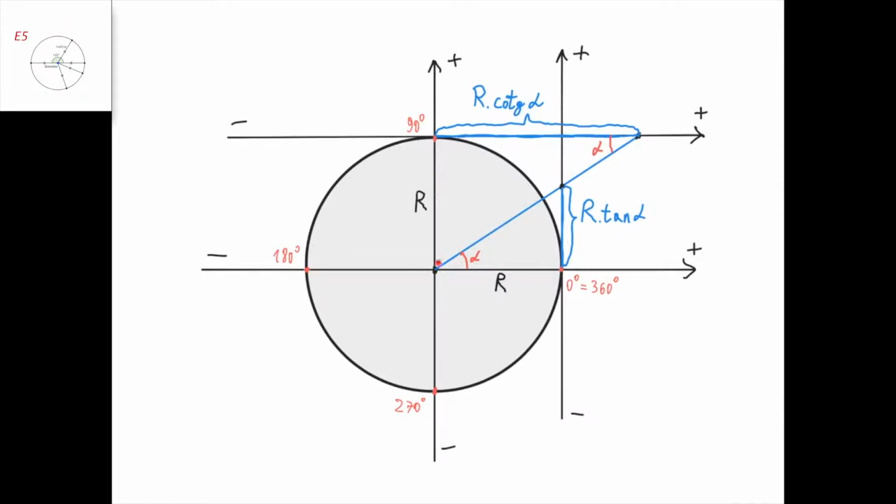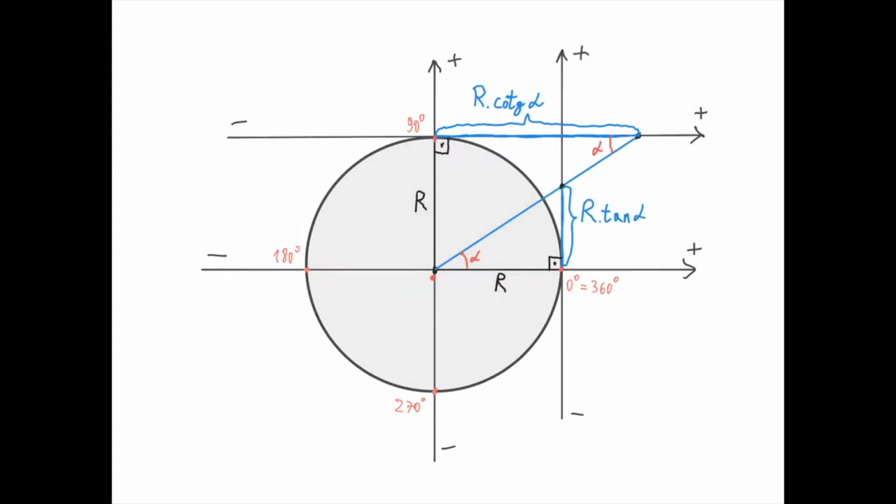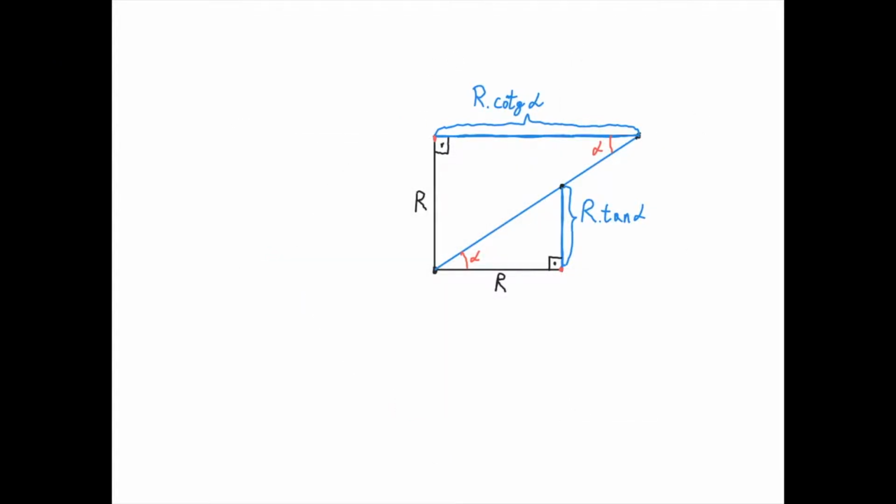Note that this length is also the radius of the circle, r, and that this line is parallel to this line. Therefore, this angle equals this angle, so we can mark this as alpha. Also, we know that this angle is 90 degrees and this angle is 90 degrees, because this line and this line are tangent lines to the circle at this point and this point respectively, and this is the center of the circle. I deleted the useless parts of the picture, and now we see some interesting facts about the tangent